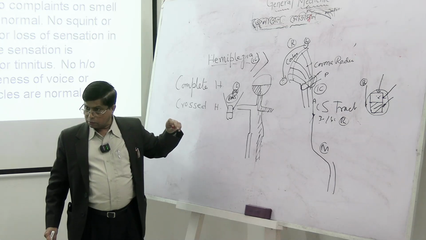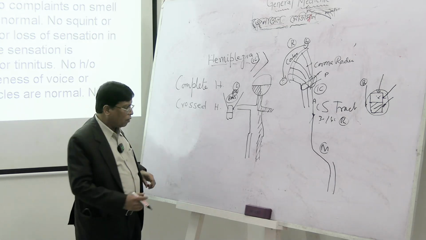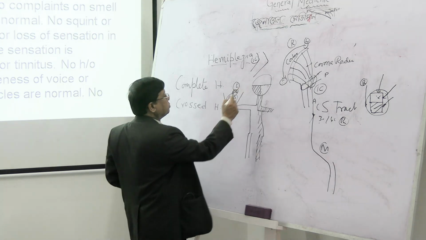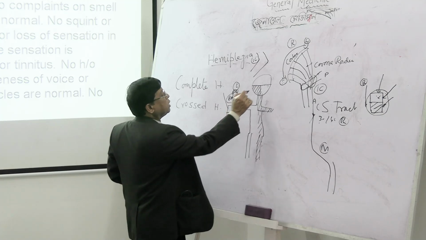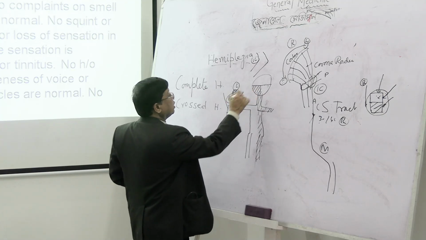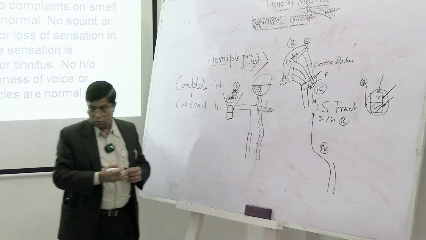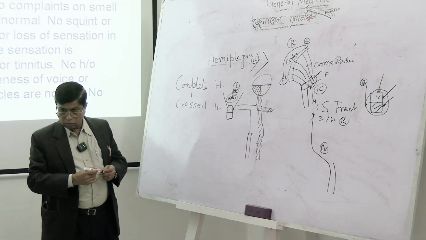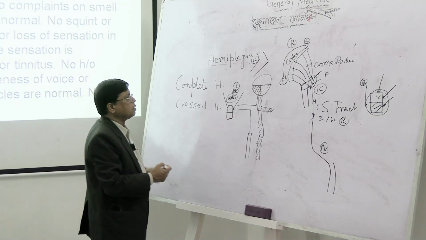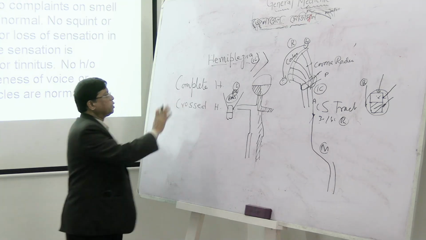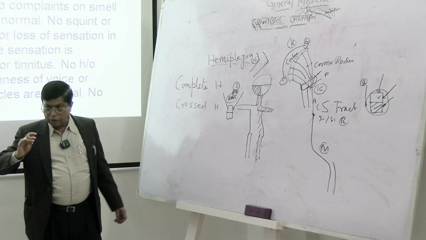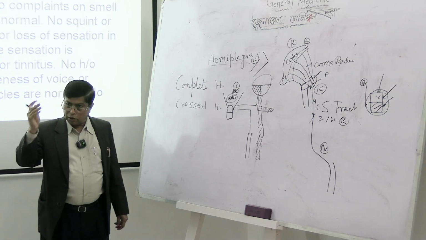গেছে। হ্যাঁ, এখানে আপার হাফটা স্পেয়ার করে গেছে, তার কারণ হচ্ছে আপার হাফ সাপ্লাইড বাই দ্য অপোজিট সাইড অলসো, বুঝতে পেরেছিস? তো এটা বলা হচ্ছে কমপ্লিট হেমিপ্যারেসিস এন্ড ক্রসড হেমিপ্যারেসিস। Complete hemiparesis is the lesion in the internal